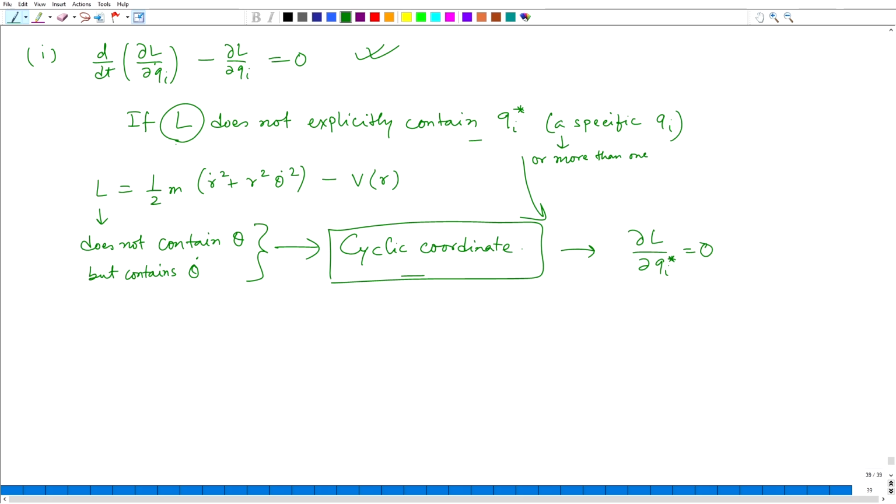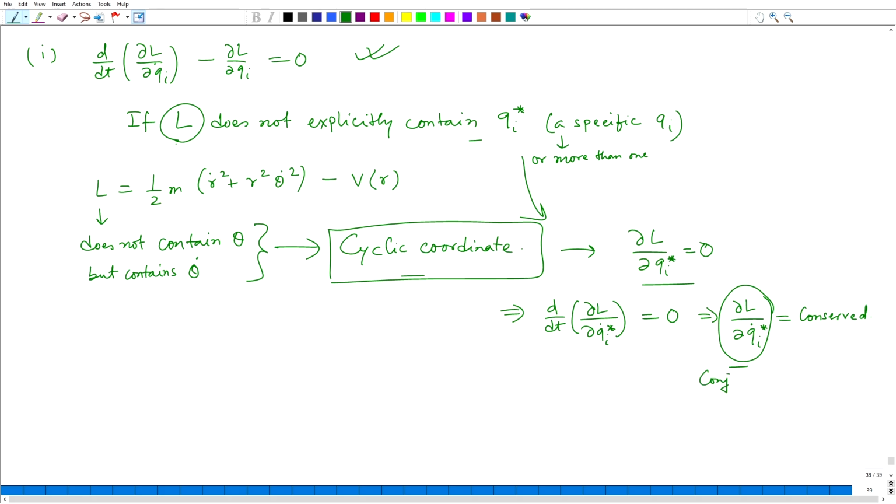And if this is 0, then I can actually say d dt of del L del Qi star dot is always 0, and del L del Qi dot star is conserved. This quantity is known as the conjugate momentum